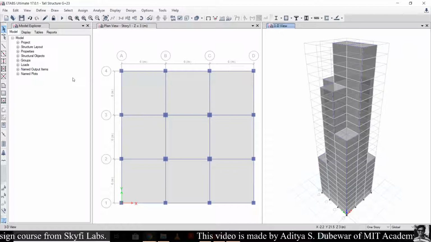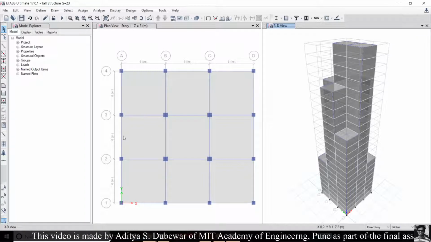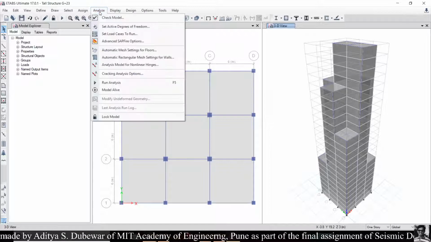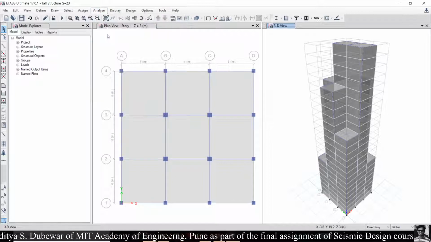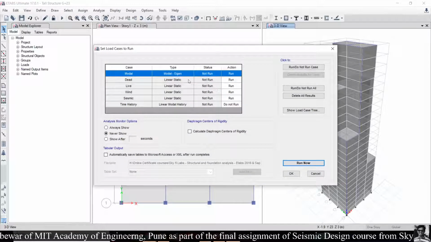After defining the seismic load, we do not directly assign the seismic load on the structural members. So directly go to the analyze menu and select the set load cases to run. Then we will run the structure for the dead load, live load, and seismic load.